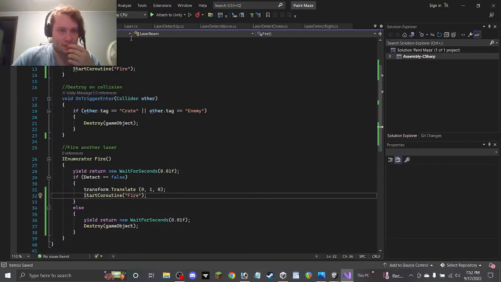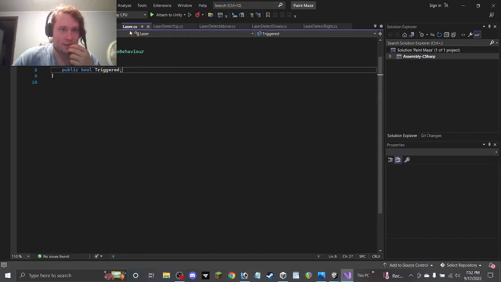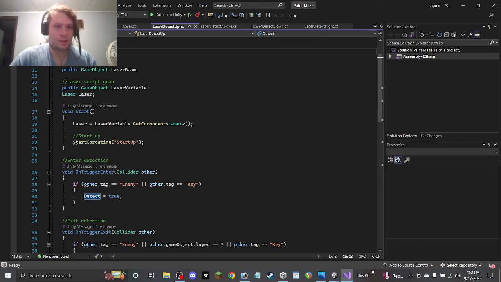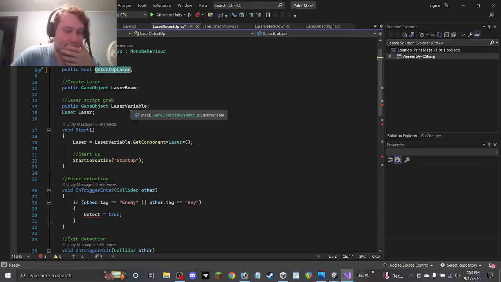I have to imagine it's something to do with detect. Maybe if I just change the laser's instance to laser detect up instead, it'll work. Maybe. Or not laser detect up, or detect up laser. Something to make this not activate, which, again, I don't...